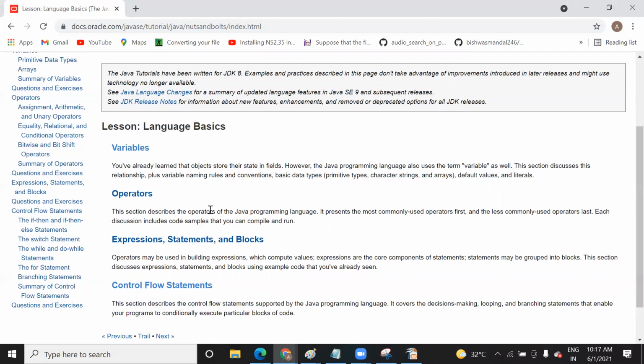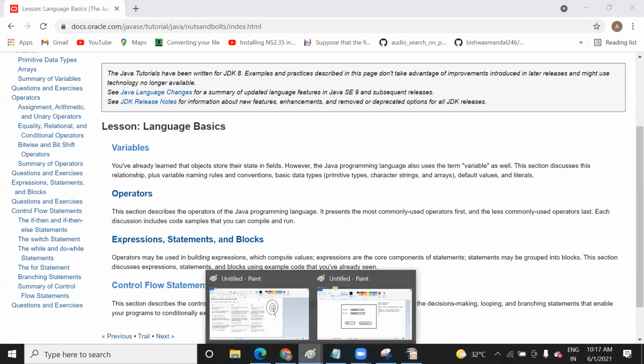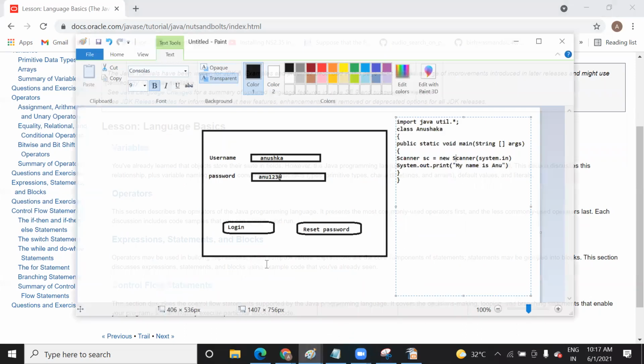And with operators, we can perform several operations inside Java, like the mod operation, and you can perform addition, subtraction, multiplication. All the operators you can use here.